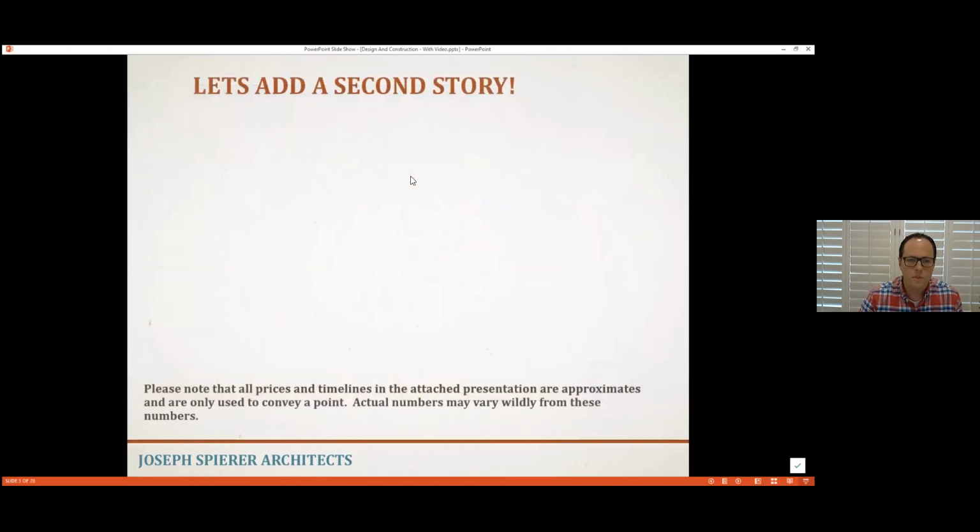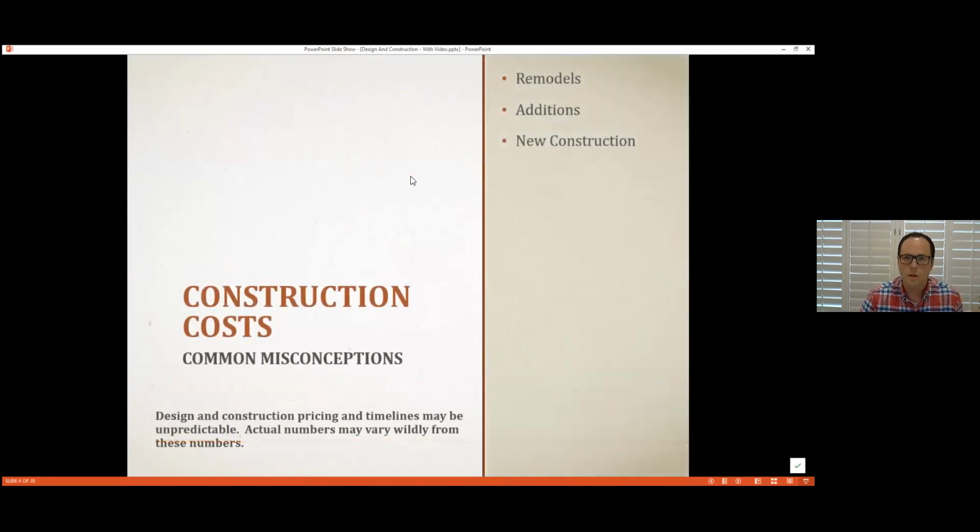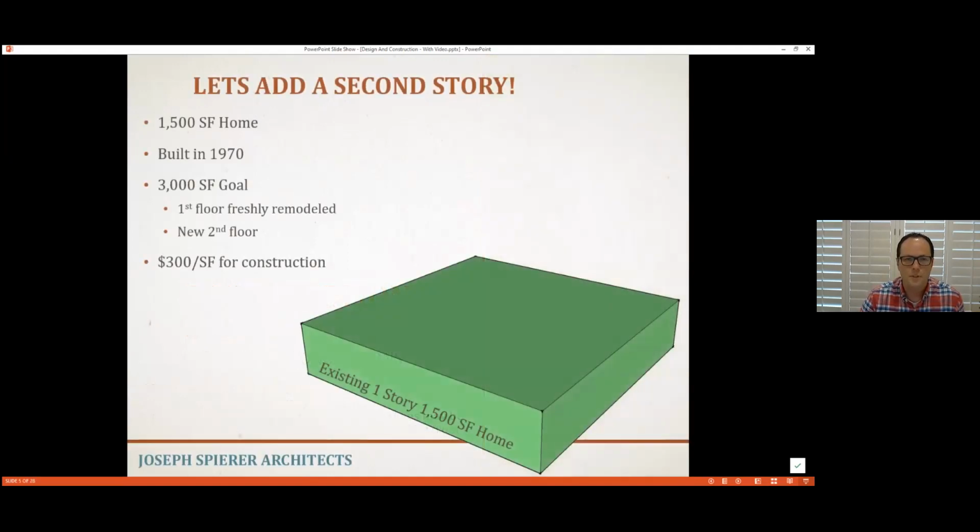All right, so let's talk briefly about construction costs. We're going to talk about remodels, additions, new construction, but mostly we're going to be talking about common misconceptions and things to watch out for. So let's get started. What you have in this hypothetical is,